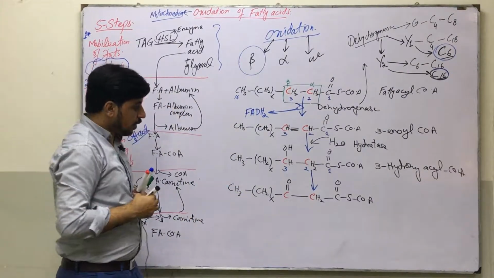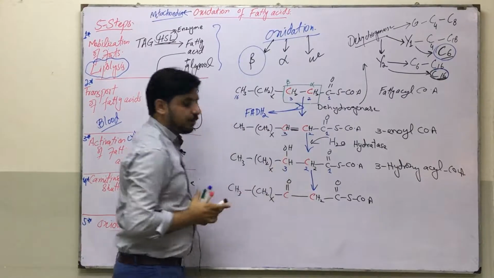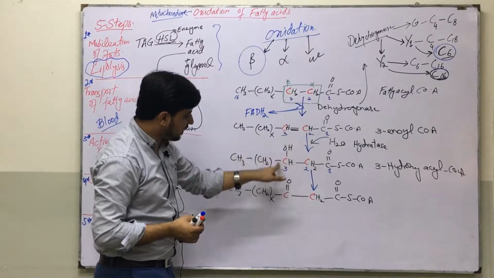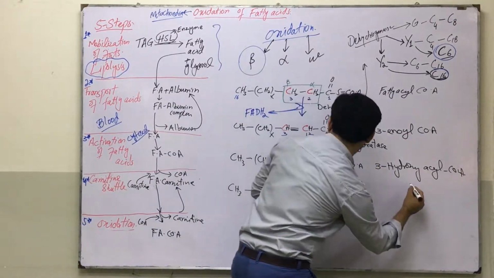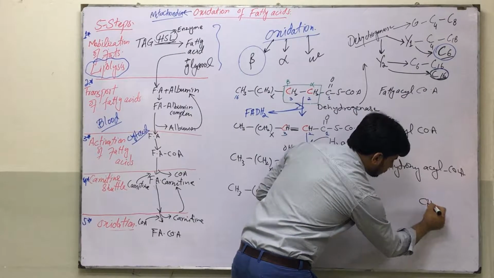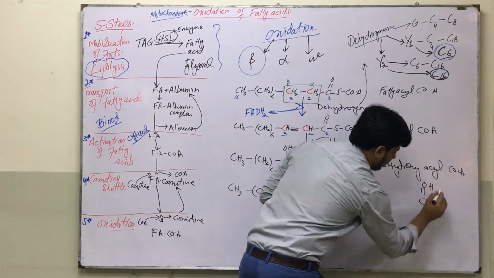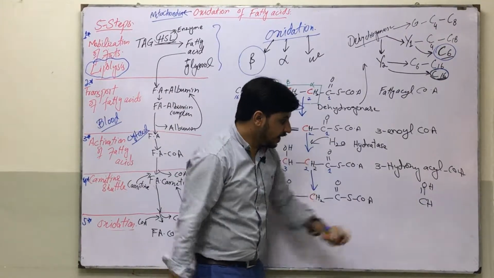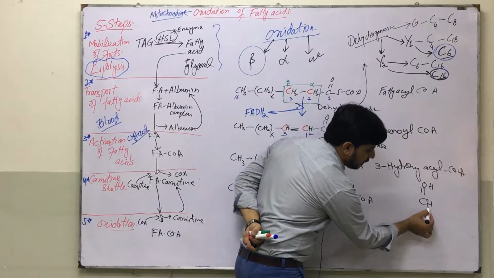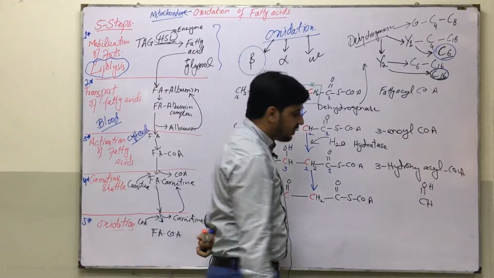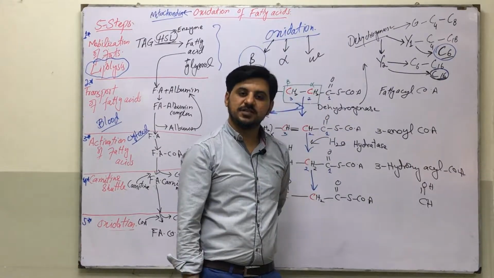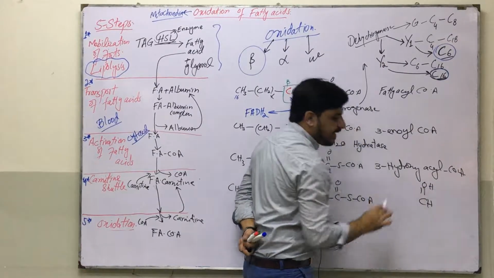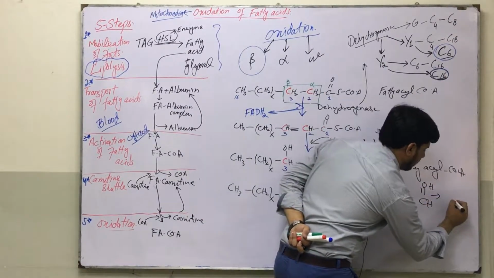As you can see, two hydrogens, one from here and one from here, will be removed. If we talk about the chemistry of this reaction, let me show it to you. For example, this is the portion that I have shown over here. From here, this hydrogen will leave, and as a result, carbon will have a partial positive charge, and this hydrogen will also leave, and this oxygen will have a negative charge like this.